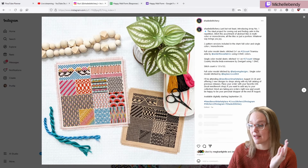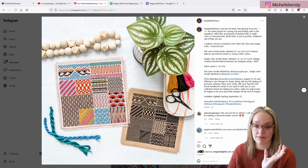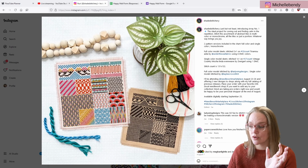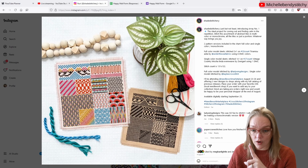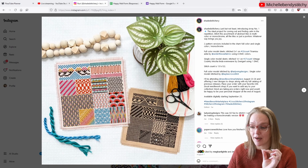I just can't stop looking at this one. This one is called The Array, and it's new for Marketplace this year, and you get it 2 different ways. So Nuri designed it so that you can stitch it in all these colors, or you can stitch it monochromatically. And this is what I'm talking about, a meditative stitch, because